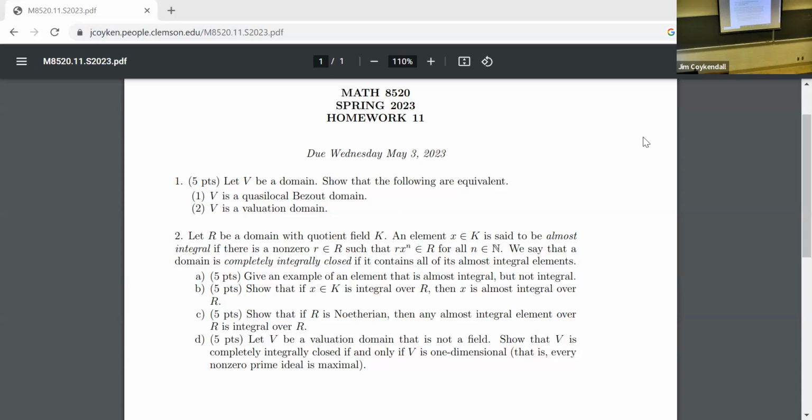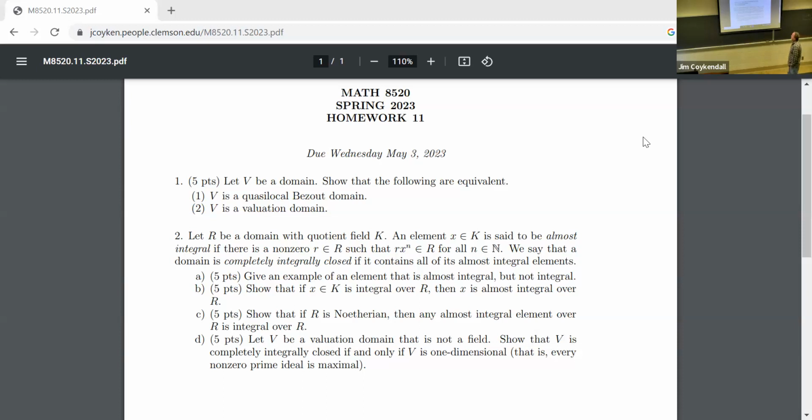Bézout, what does that mean? How many of you remember what a principal ideal domain is? A Bézout domain is sort of the non-Noetherian analog of this. It means some ideals might not be finitely generated, but every ideal that is finitely generated must be principal. If every finitely generated ideal is principal and it's got only one maximal ideal, it's the same thing as a valuation domain, which I haven't told you what it is yet. A valuation domain is a domain where, if you take any two non-zero elements, one of them has to divide the other. That seems a pretty strong condition, doesn't it?